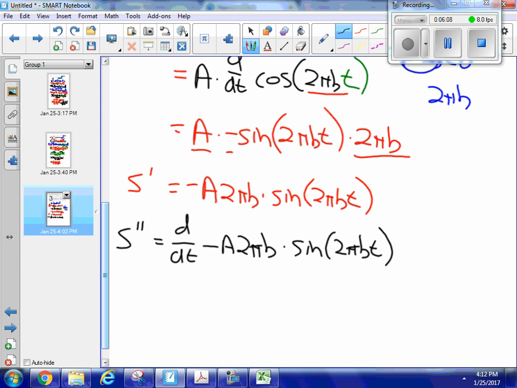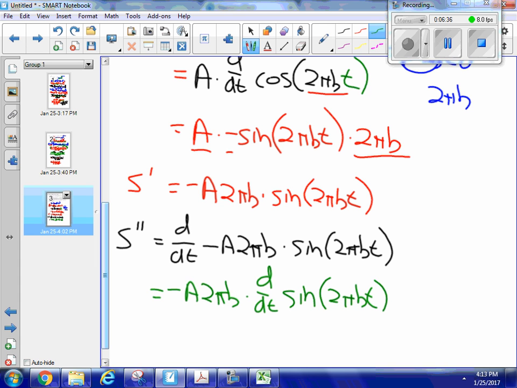And just like before, a is a constant, 2 is a constant, pi is a constant, b is a constant. I can pull that entire constant through the derivative. So it's equal to negative a 2 pi b times the derivative with respect to t of sine 2 pi b t,